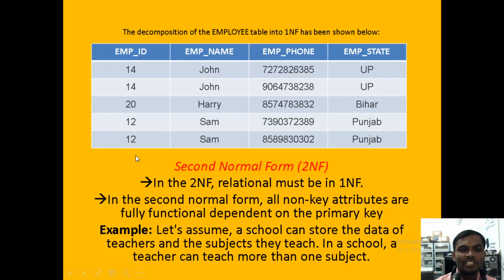Employee ID is a non-prime or non-key attribute. Functional dependency means the non-key attributes should depend on the primary key attribute. Then only we call it a functional dependency. Under the first normal form also, when you are decomposing the employee table to convert it to the first normal form, we should store only atomic values, no multi-valued attributes.